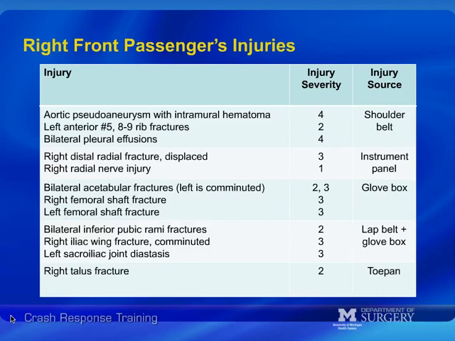shoulder belt, right distal radial fracture and right radial nerve injury due to contact with the instrument panel, bilateral acetabular fractures, right femoral shaft fracture and left femoral shaft fracture due to contact with the glove box, bilateral inferior pubic rami fractures, right iliac wing fracture and left sacroiliac joint diastasis due to a combination of the lap belt holding her pelvis and forward motion into the glove box, and a right talus fracture due to contact with the toe